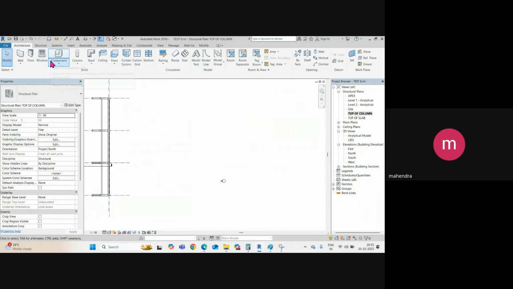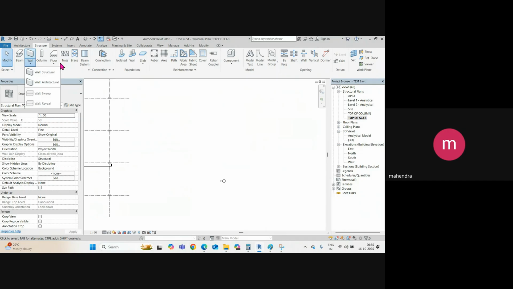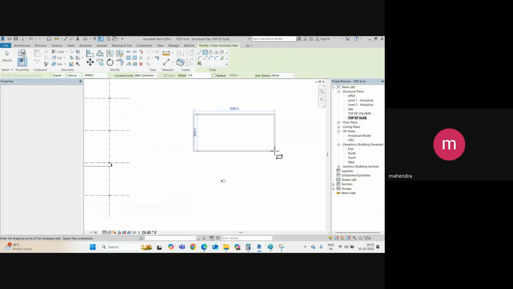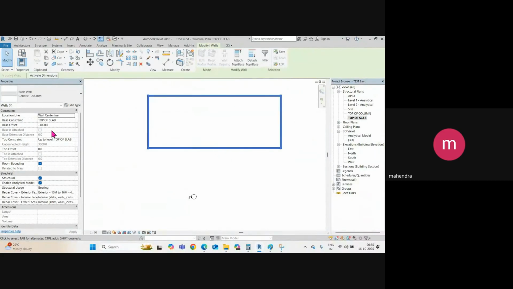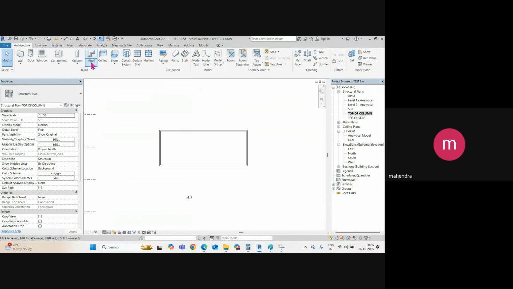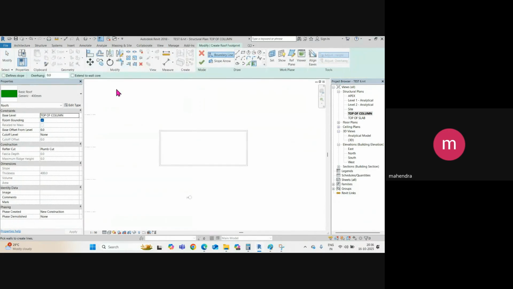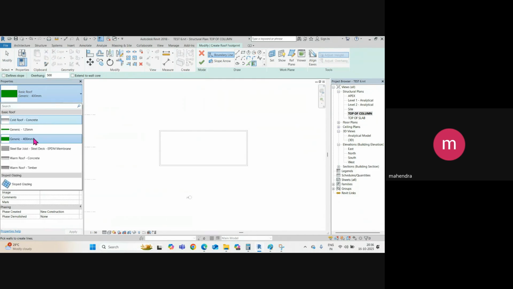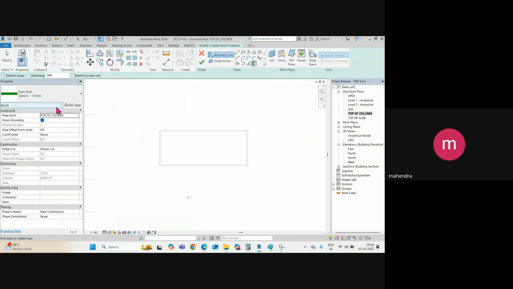तो ये देखो, अगर मैं टॉप अप स्लैब पर आ गया और यहाँ पर सपोज ये मेरी स्ट्रक्चरल वॉल्स हैं, तो ये वॉल मैंने डाल दी। और ये वॉल जा रही है मेरी टॉप अप स्लैब टू टॉप अप कॉलम, और ये ऑफसेट मैंने 0 बना दिया। अभी मैं टॉप अप कॉलम पर रूफ डालूंगा क्योंकि वो मेरा टॉप का लेवल है। सो आर्किटेक्चरल में गया, रूफ में गया, रूफ बाय फुटप्रिंट। अगर मैं ओवर हैंग देना चाहता हूँ तो यहाँ 500 का, हाफ मीटर का ओवर हैंग दे देता हूँ। और जो भी थिकनेस आपके हिसाब से है, वो नहीं मिल रही तो आप क्रिएट करो, थिकनेस दे दो, मटेरियल असाइन कर दो।